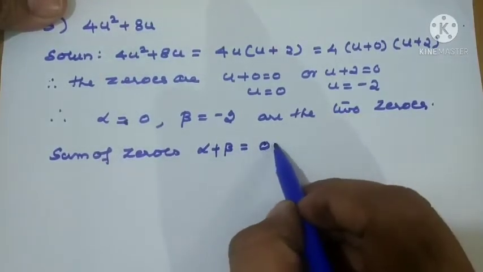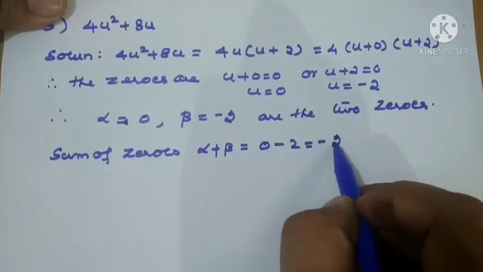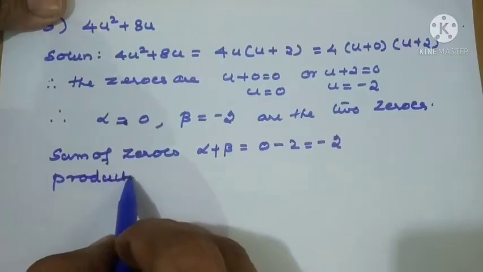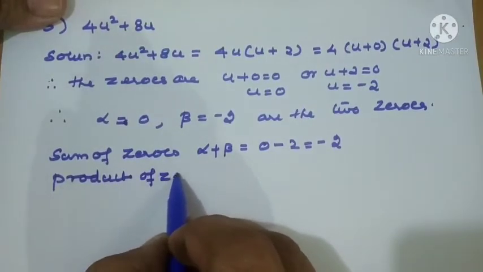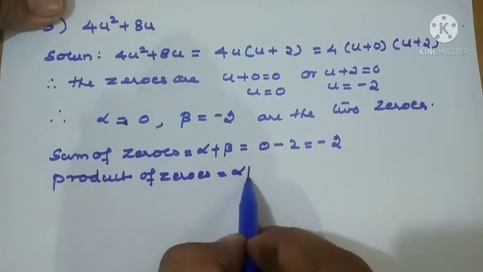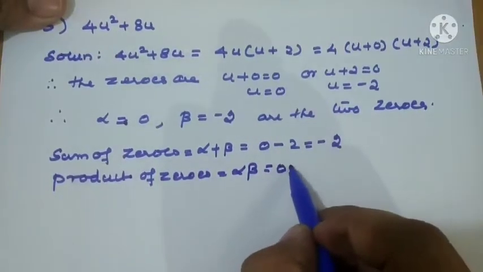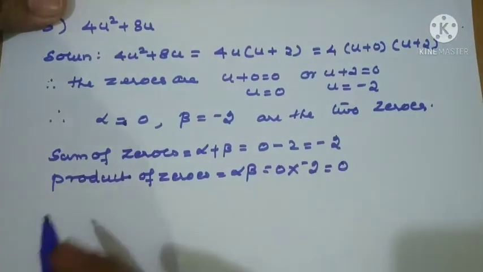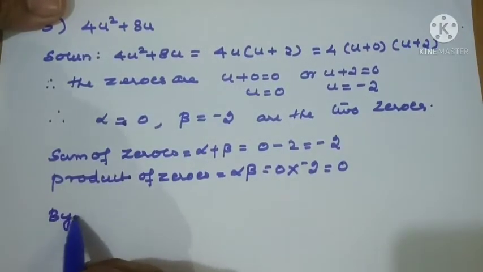Zero plus minus 2, or 0 minus 2, is equal to minus 2. Product of the zeros, alpha beta, 0 into minus 2, which is equal to 0. What is the next step? By comparing